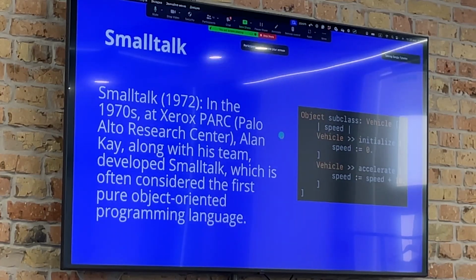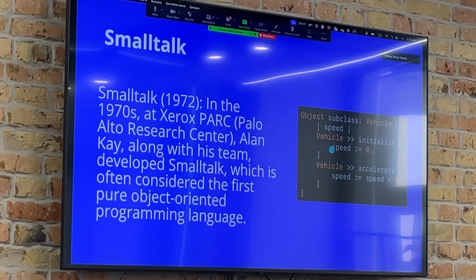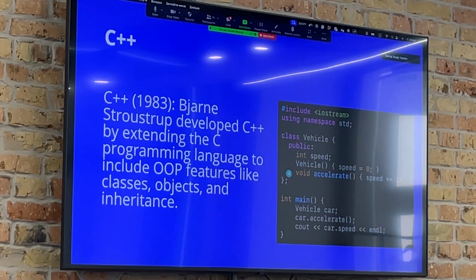Okay. So Smalltalk, another variant, another syntax, but the same idea. Vehicle and speed and accelerate method and constructor method and so on. I will not be very detailed. Those historic details have not much influence on your daily activity as a software engineer and computer scientist, but it's quite interesting to know. Then C++,